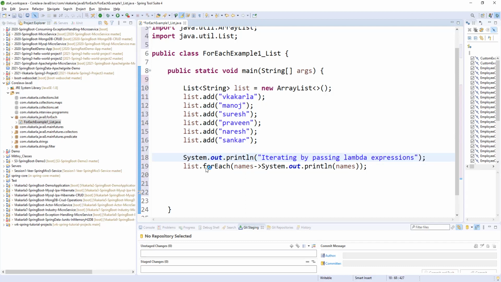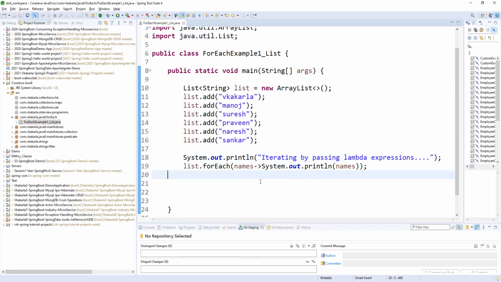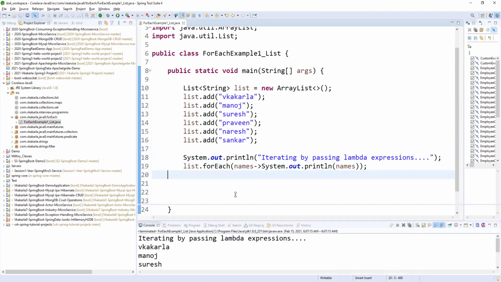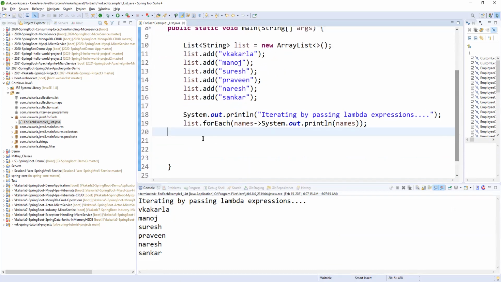I'm saving this and running it. If you see this output, iterating by passing lambda expressions, it is simply traversing the data.